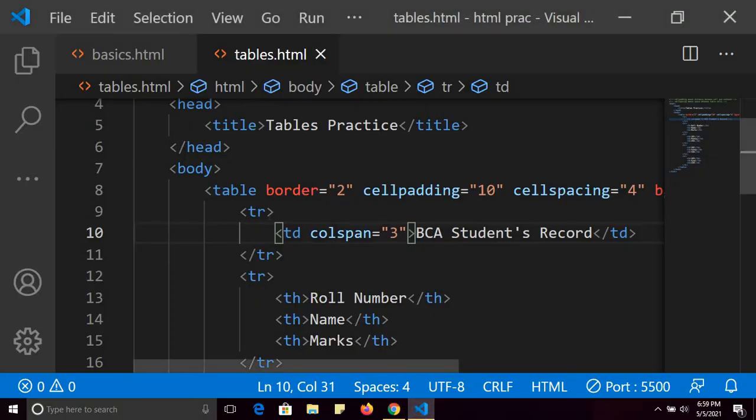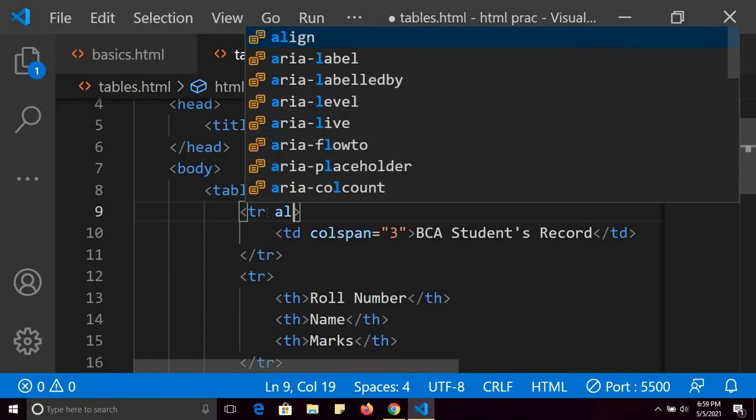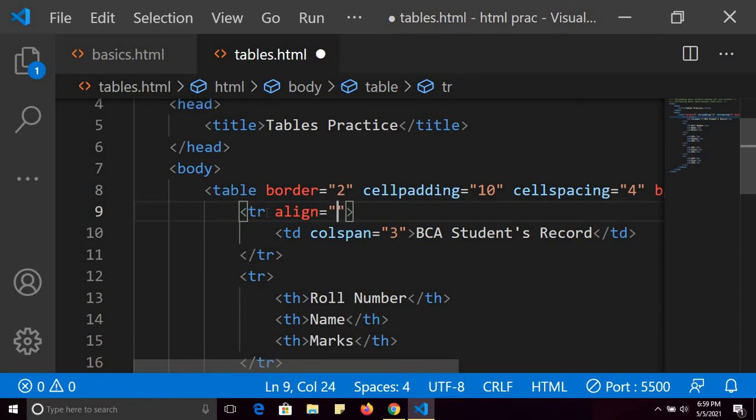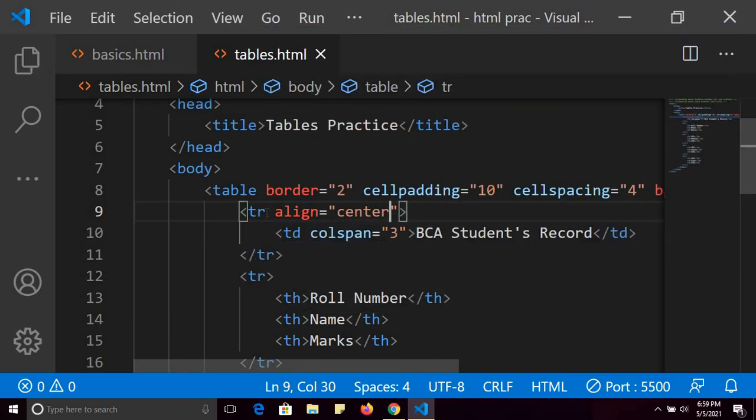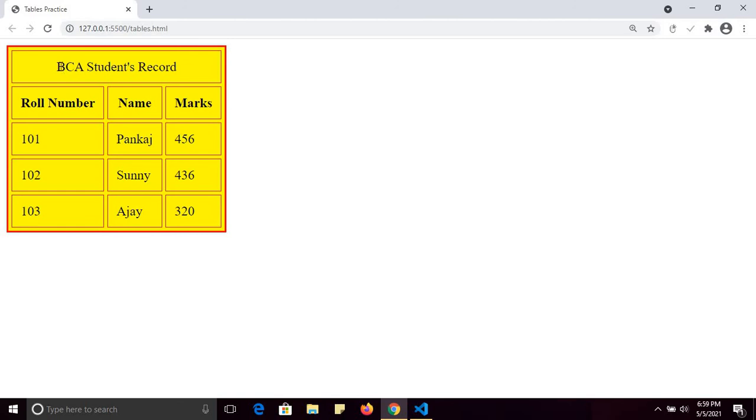So for that I can use one property called align to center. So the contents of the row will be aligned to the center, as you can see. So it's very important. Col span, column span.